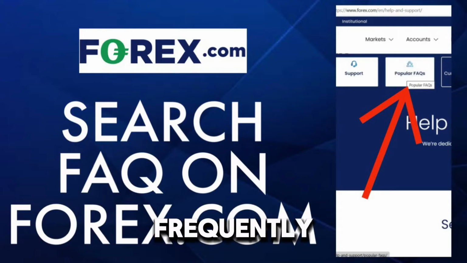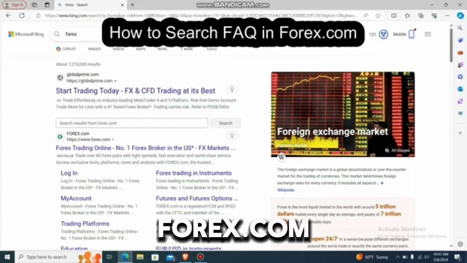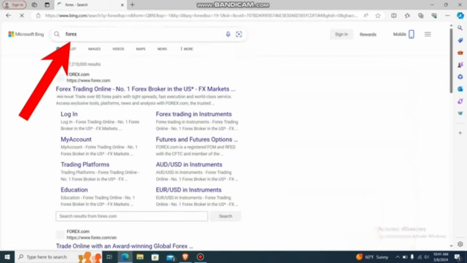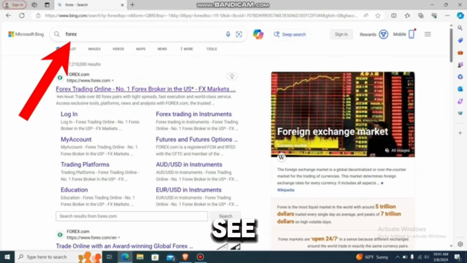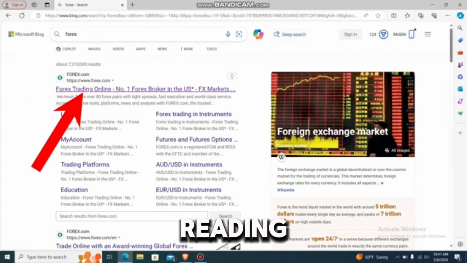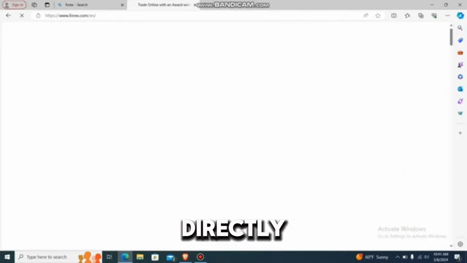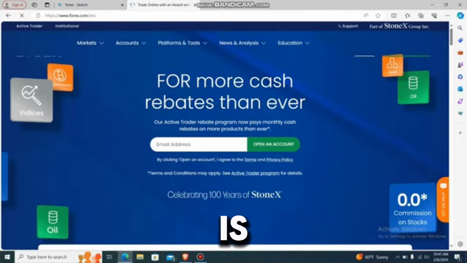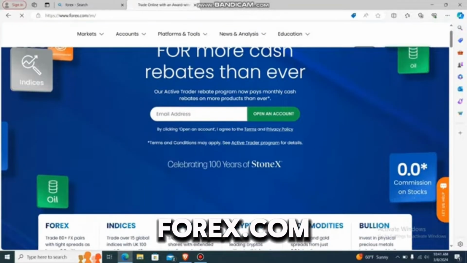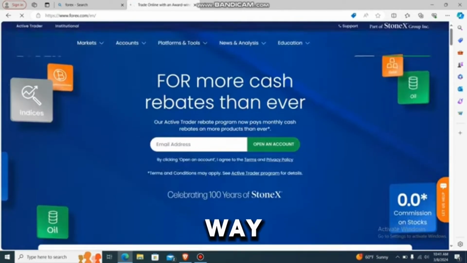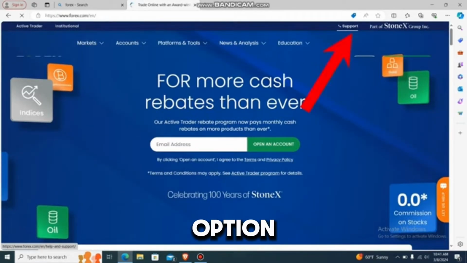How to search frequently asked questions on forex.com. So let's just get started. Firstly, what you need to do is go to your web browser and type forex or forex.com, like this, and then you'll see this first link which says forex trading online number 1 and so on. You just go over there, and you'll be redirected directly to the forex.com website. Now go all the way up, and there you can see the support option. Just go over there,